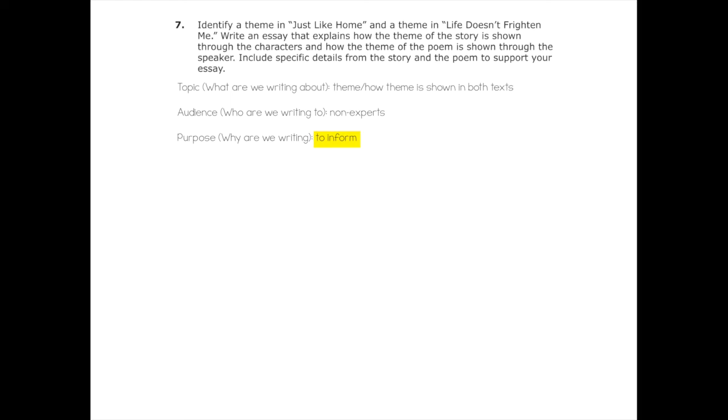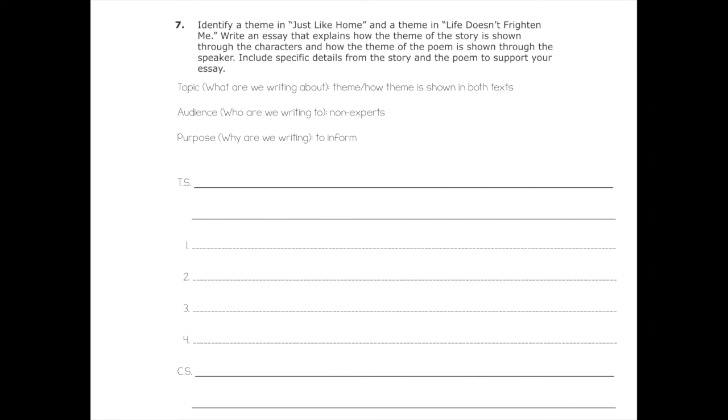Focusing in on this purpose to inform, I have a question for you, 4th graders. Which outline do we use when we inform? Our quick outline or our story arc? If you said quick outline, great job. Yes, when we inform, we use a quick outline, not a story arc. So right now, make sure on a piece of scratch paper you have set up a quick outline. That means you have a TS, space for 4 details, and a CS. Reminder, if you are interested in writing a 2-paragraph response, now is the time to head over to Miss Johnston's Lesson 4.